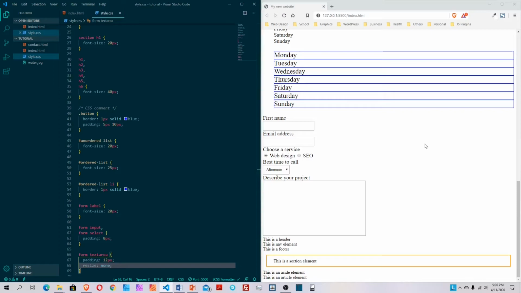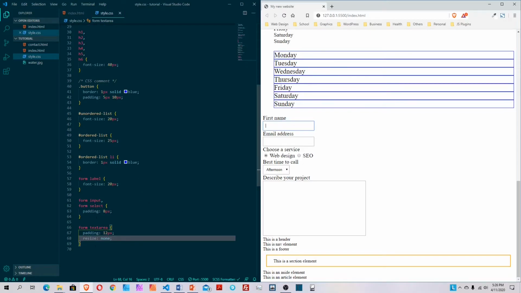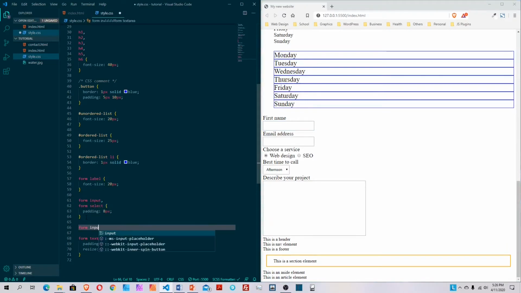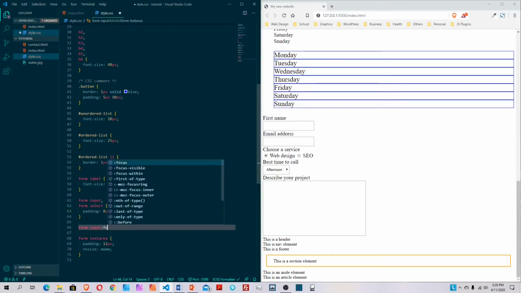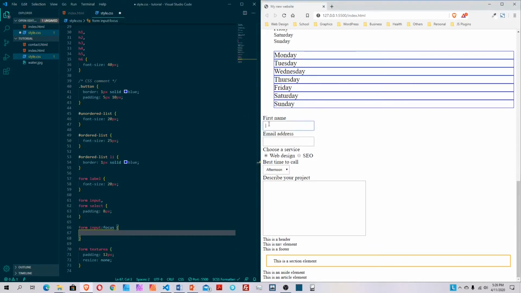Now we need a way to let users know when we are typing, when we're clicking it. By default you can see this blue outline that shows them that we are focused. Let's say you don't want this blue outline, you want your own outline. In order to do so, we go right here, let's see, form input, and we use the focus pseudo-class, focus. So we select the focus and we can say outline,